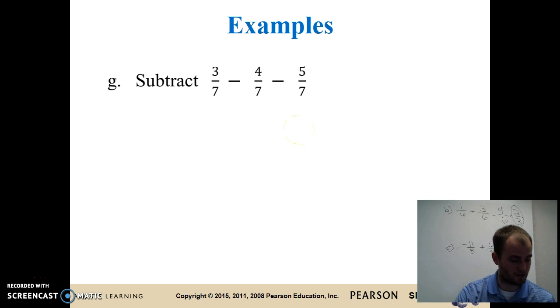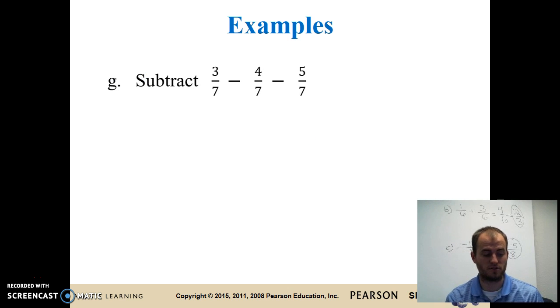So why don't you try to do on your handout letter F, 2/5 minus 7y over 5. Remember, you cannot subtract 2 minus 7y, so make sure you leave it like that. And then letter G